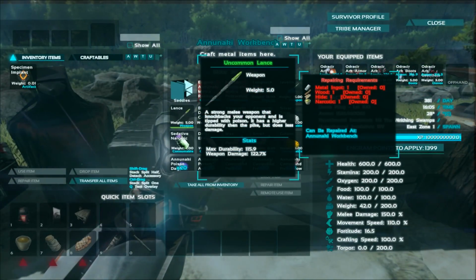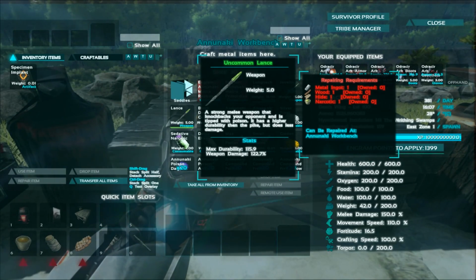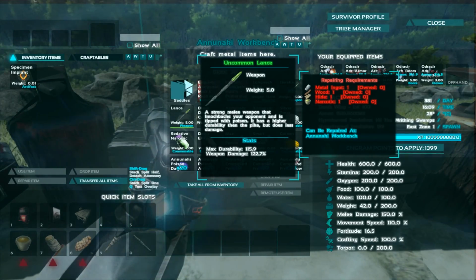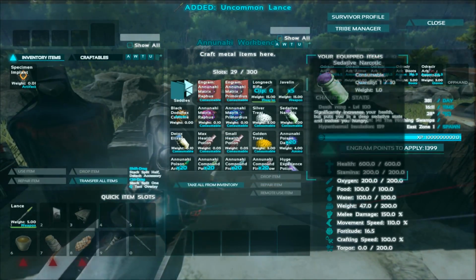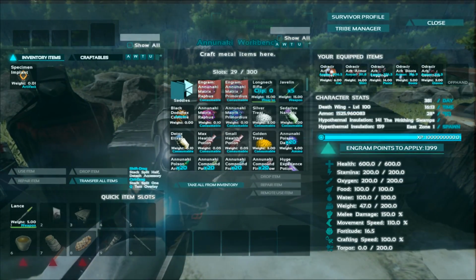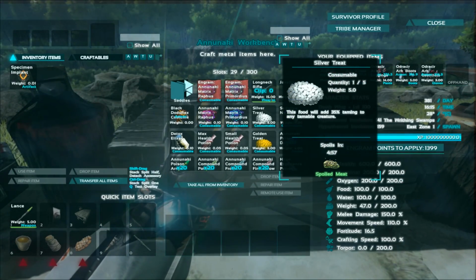a lance, which is a strong melee weapon that knocks back your opponent, and tipped with poison, yada yada. It has higher durability, but less damage, because, as you can see, the repair requirements, narcotics. Basically, this thing knocks out your opponents. There's a lot of stuff to do with knocking out in this, because you want to tame a lot of this stuff in there, and you can also tame stuff with things like this, like Silver Treat,